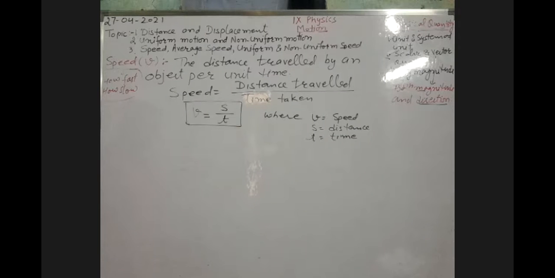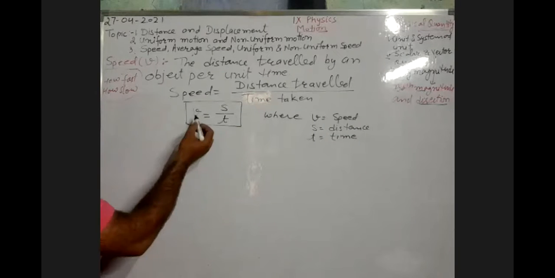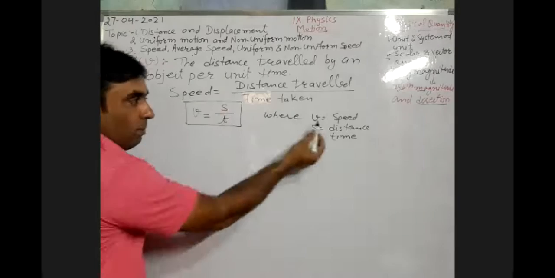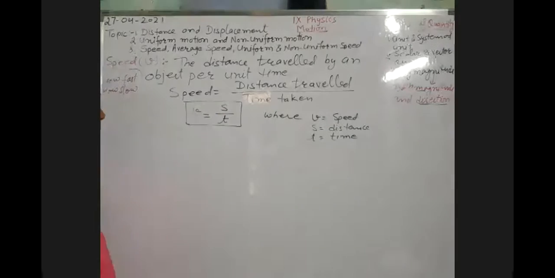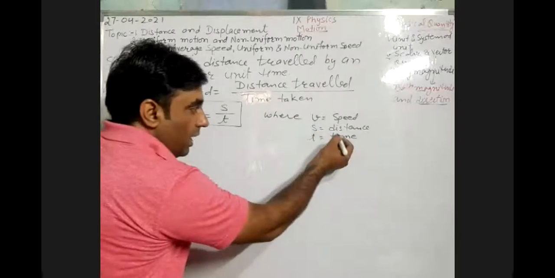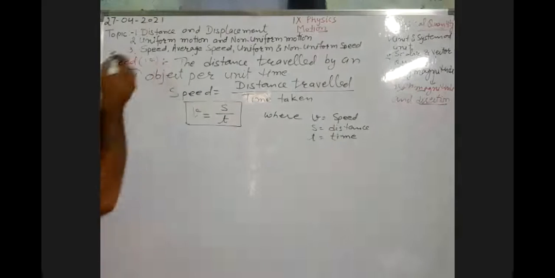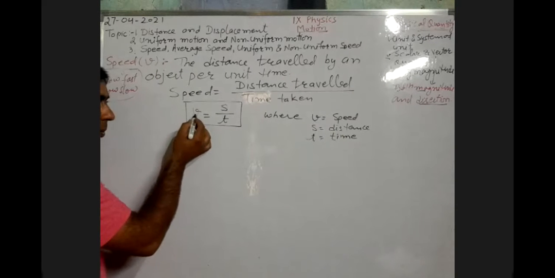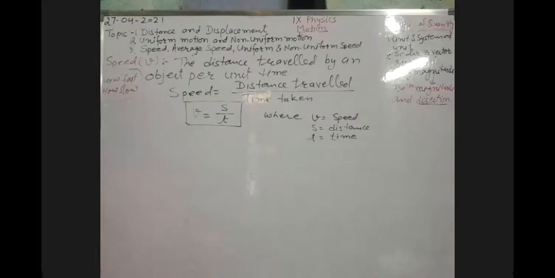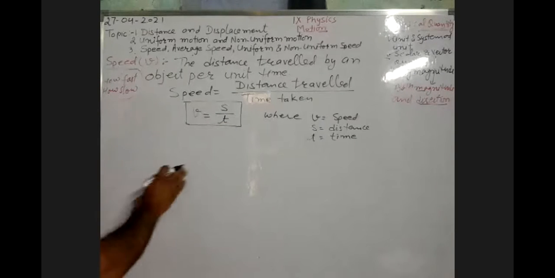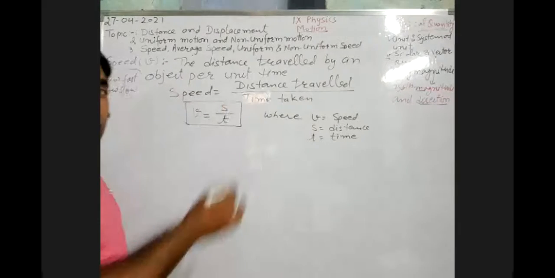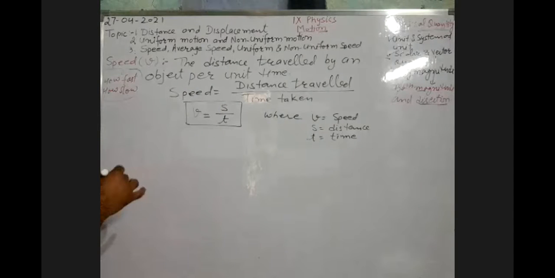So you have to remember this. What is the formula of the speed? V is equal to S by T, and S is the symbol for distance. We have already discussed this. T we are taking for time, and small v we are taking for speed. So in mathematical form, V is equal to S divided by T. As we already know the unit of distance and the unit of time, what will be the unit of speed?